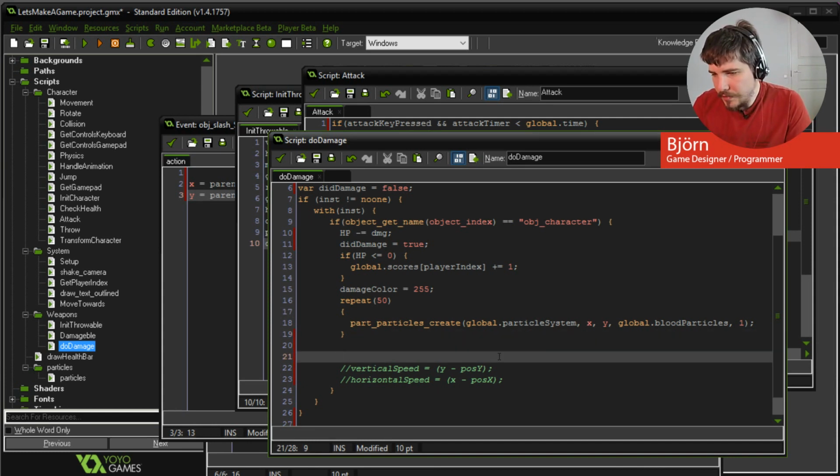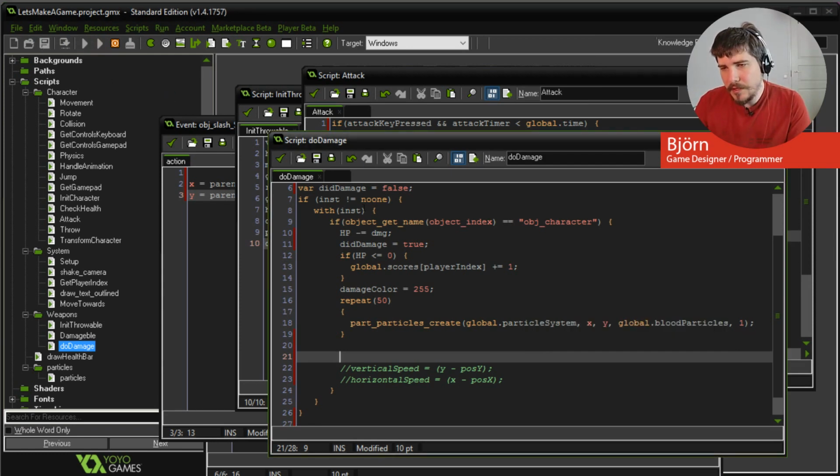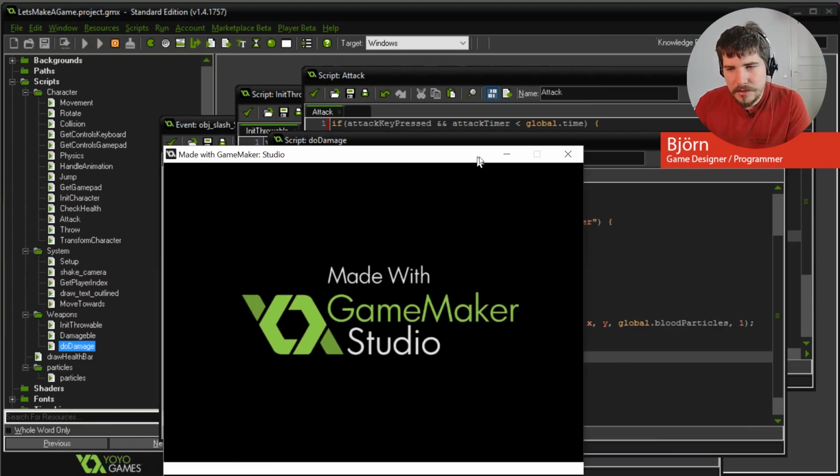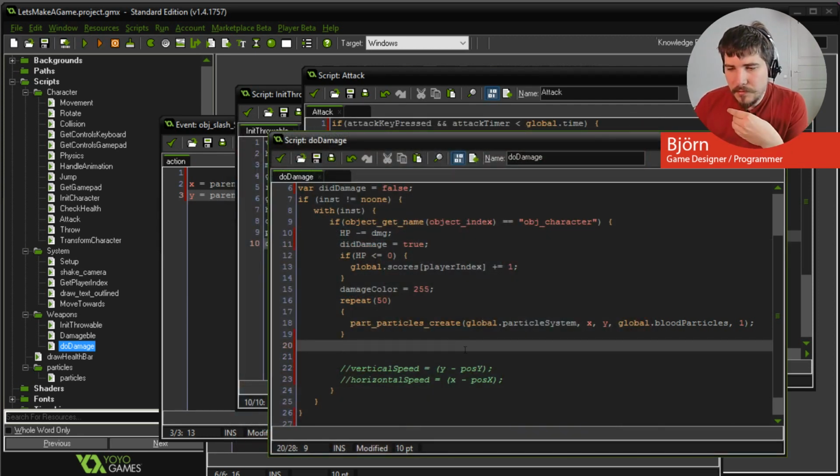So we want to make the vertical speed and the horizontal speed somehow so the character flies off. When you punch, the other guy should feel it. Like this guy, if I go and punch him, now he just stands there. But we want him to go off flying. So what we need is,